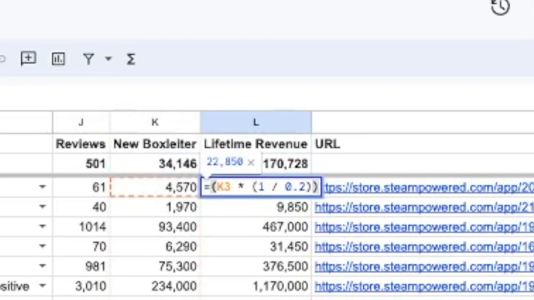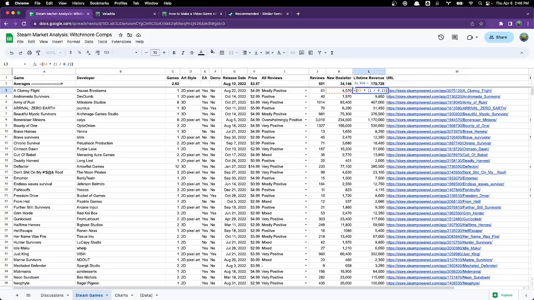Right. So you take the box leader and multiply by 1 divided by 0.2, and that gets you your very rough, very wrong lifetime revenue estimate. But this is encouraging because if Witchmore in a year or two can make $170,000, then it can pay for its development, which we're going to figure out here in a minute because we're now going to estimate the cost